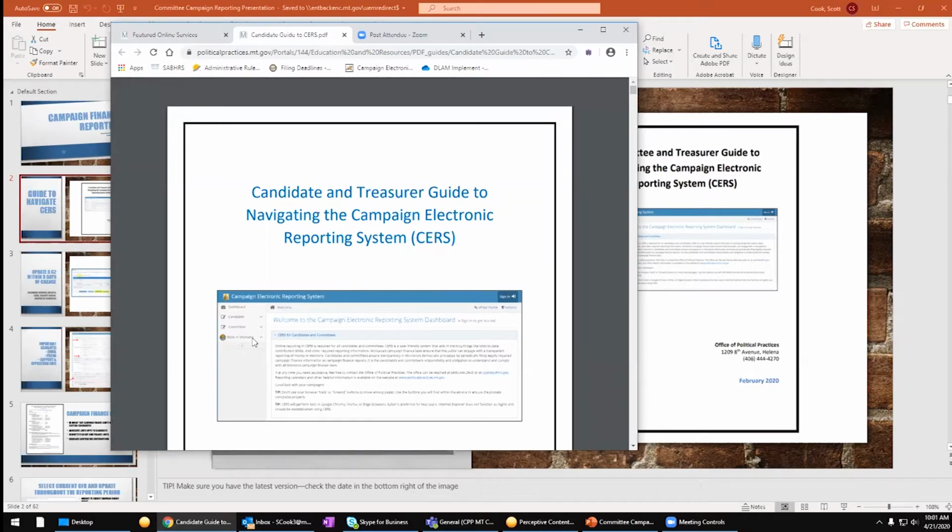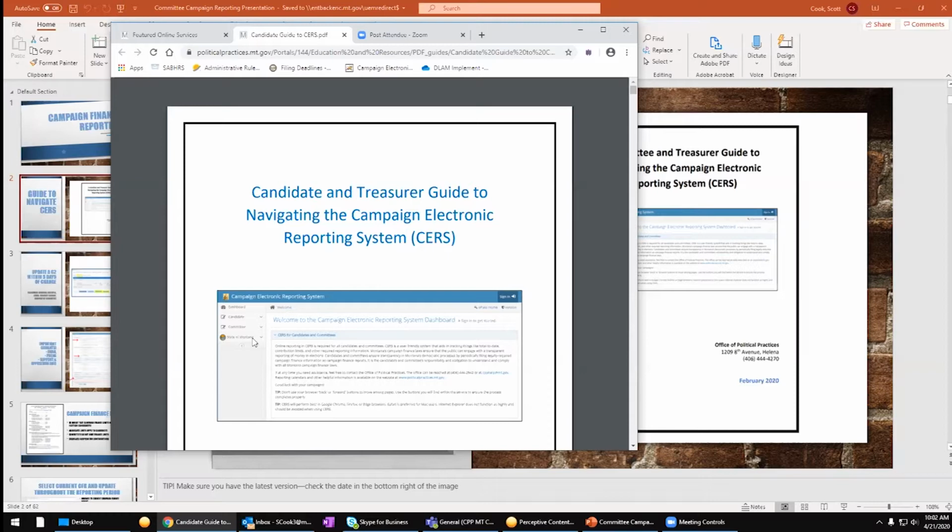It's very in-depth. It is more in-depth than what I can cover in this training today. I'm not going to be able to get through everything that this guide does. So I would recommend after this training, if you have specific questions, that you reference the guide. If you still have a question, you still don't understand it, I didn't explain it very well, which is entirely possible, feel free to send us an email to